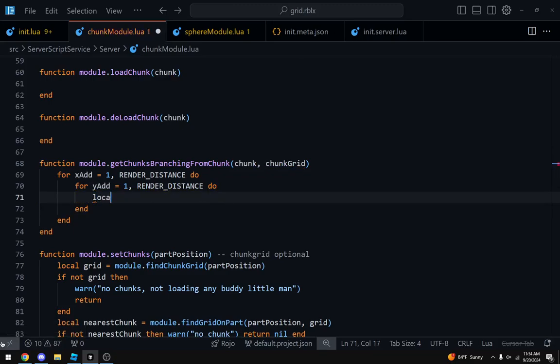So we'll do local new chunk equals. So we need to get the x and y value of the current chunk we have.